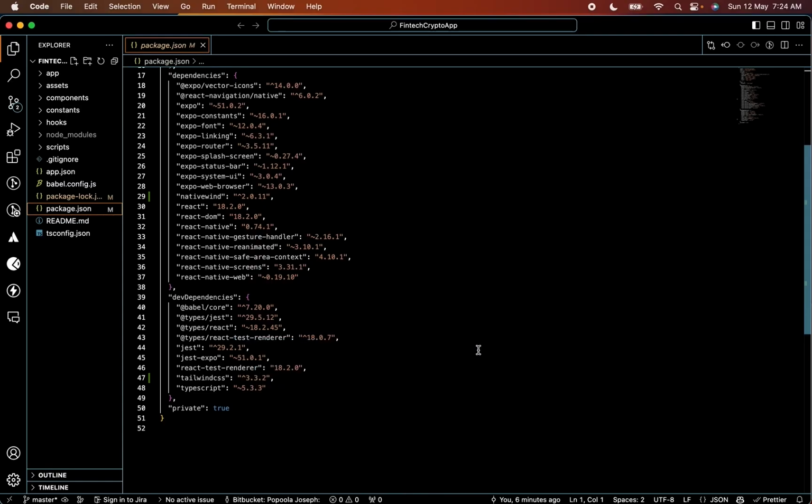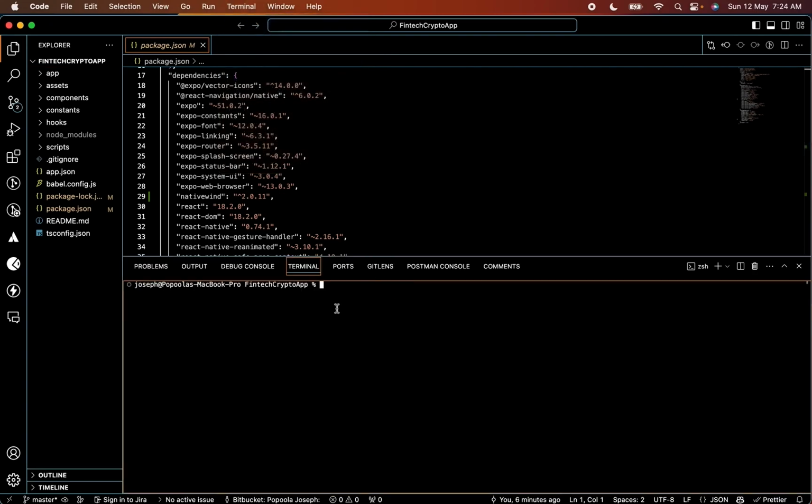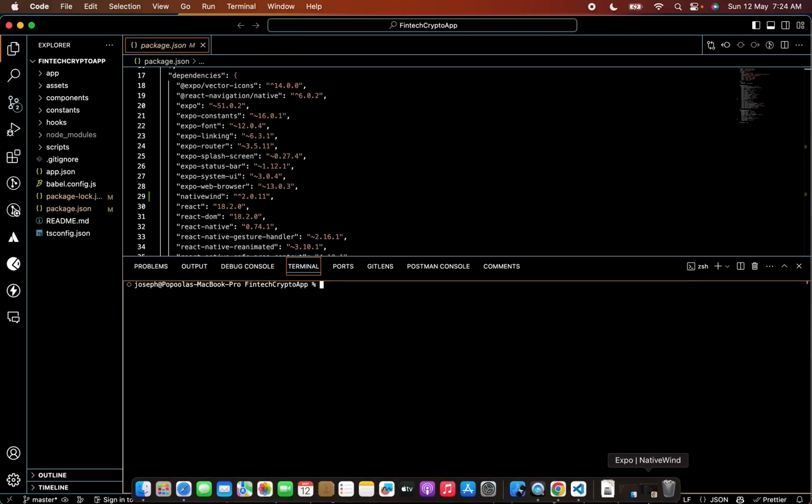So I'm going to go ahead and initialize Tailwind CSS, and you're going to see that in my root folder right here. So I'm going to open up my new terminal back. And you don't need to cd into the Fintech Crypto app anymore, because once I drag the folder inside of this, it just automatically sets the path as this. So next up, I'm going to head back to my Chrome,